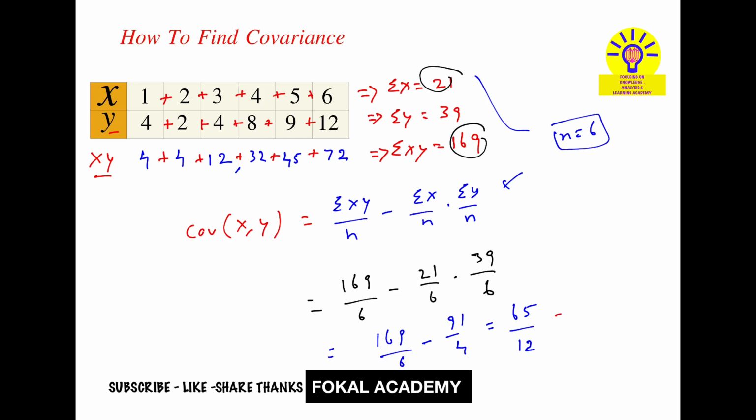By further simplification it gives 5.41666. So this is the covariance between x and y data for the given problem, and this is the process